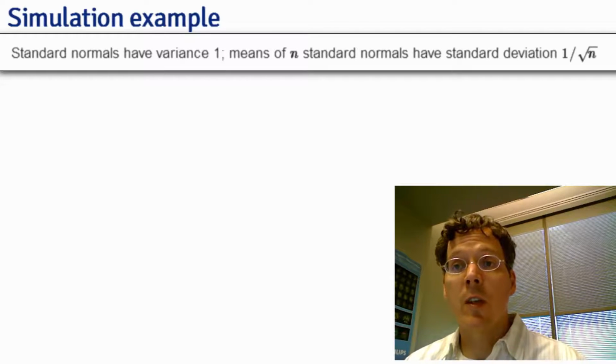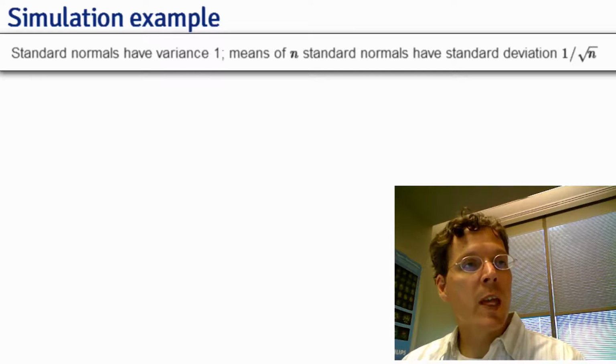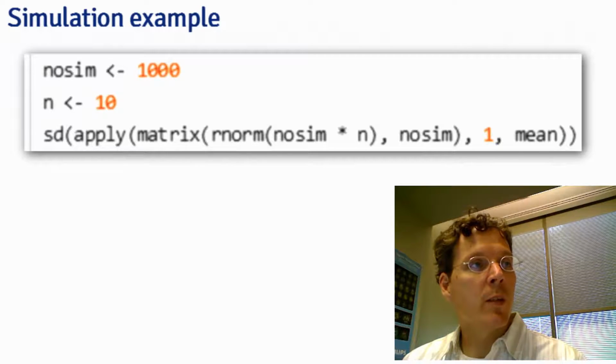Then that means they have a standard deviation also of 1 because the square root of 1 is 1. So means of n standard normals, if our math is right, should have a standard deviation of 1 over square root n. So let's say my number of simulations is 1,000, my n is 10, and here what I'm going